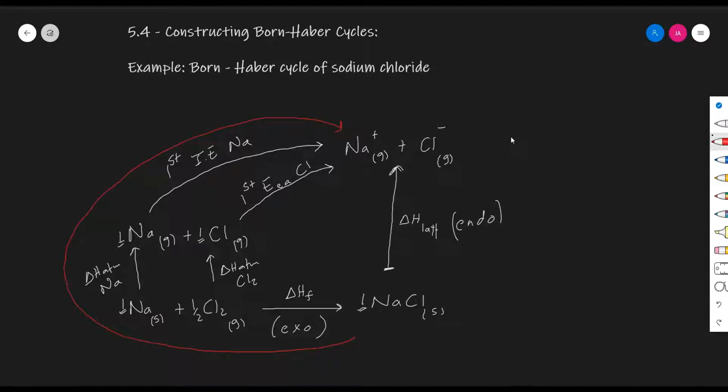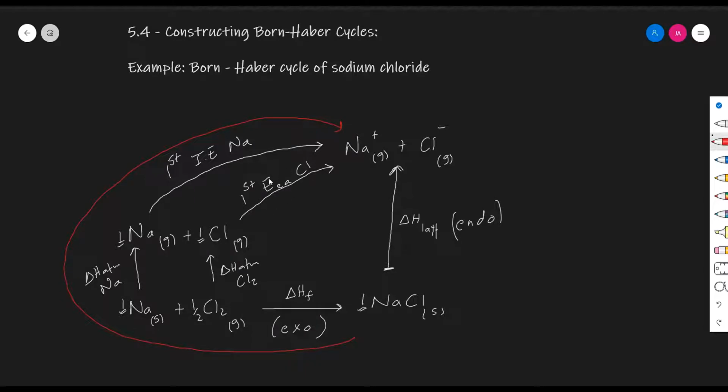Thus, the delta H lattice in this case would involve adding the enthalpy change of atomization, since we were moving in the same direction, as well as the enthalpy change of atomization of Na, the first ionization energy of Na,